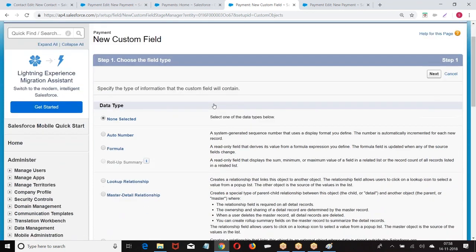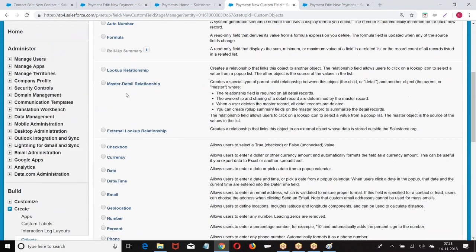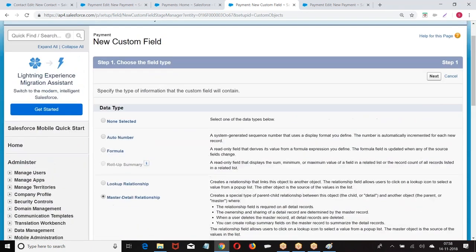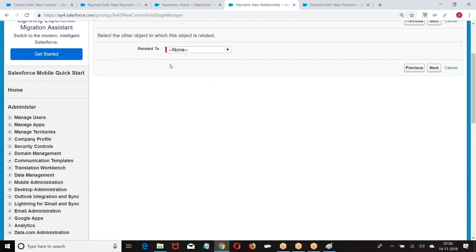Okay, navigation here. Only thing is, previously we selected date and time. Now we selected a master detail. If you have practiced any one field, you know the navigation. What was that? Master detail. Then choose your master.